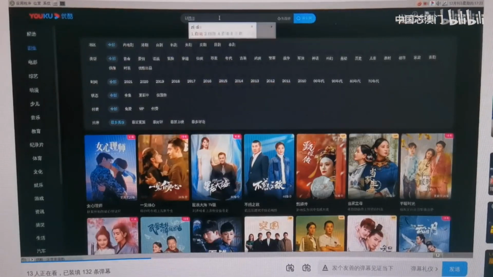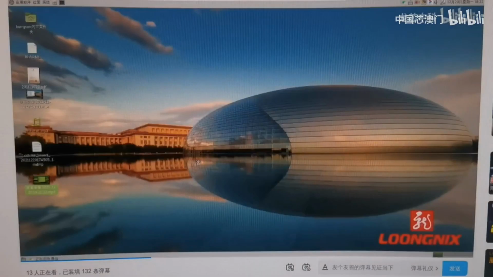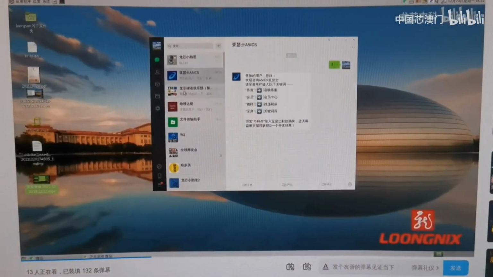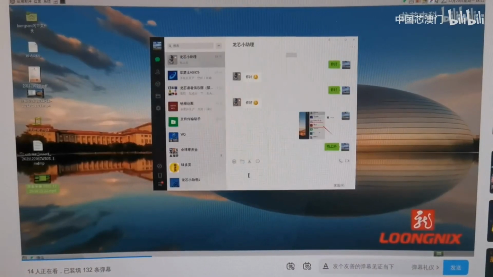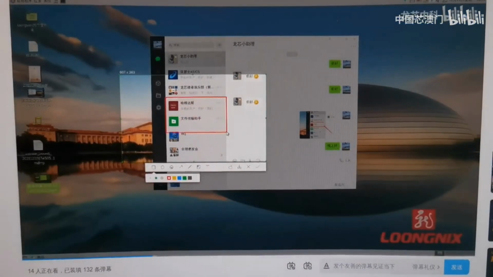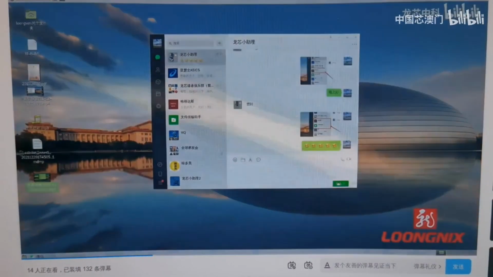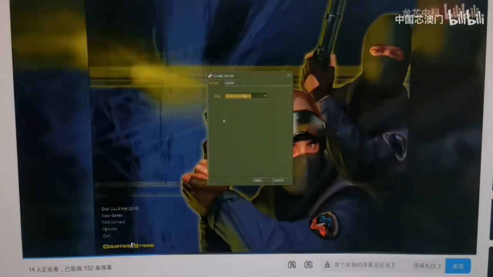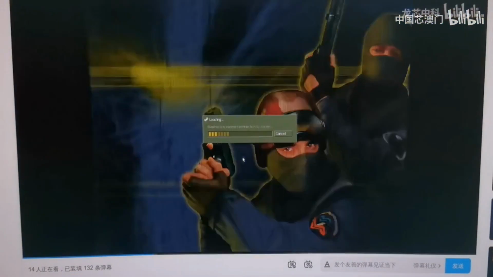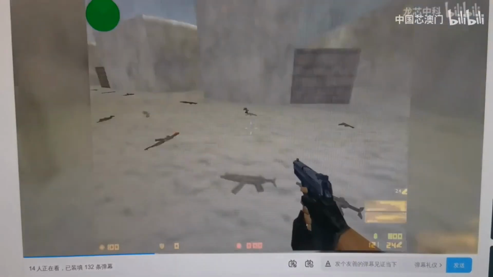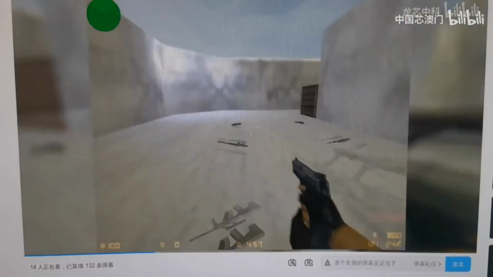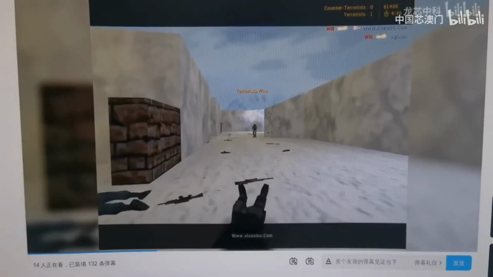See here, all the apps run smoothly. All the software is not from LoongArch. Even WeChat is x86 from Windows, but they use binary translation to translate x86 to LoongArch, and then use WINE to translate from Windows to LoongArch.